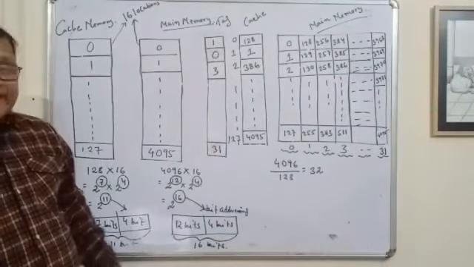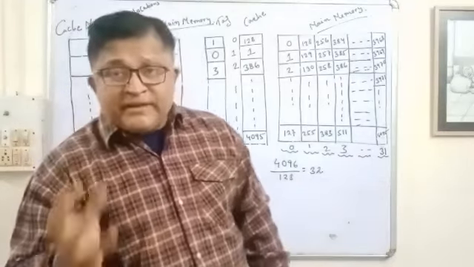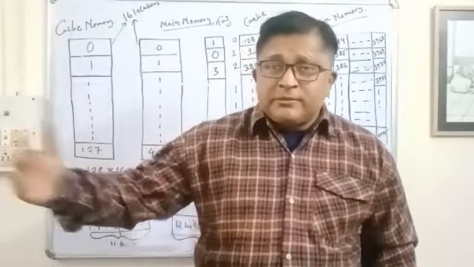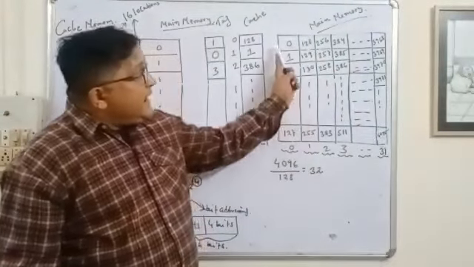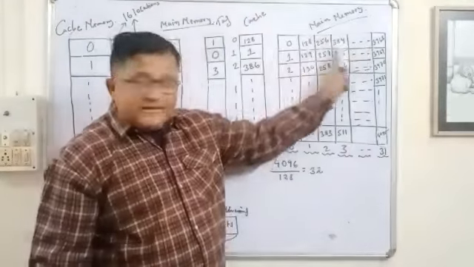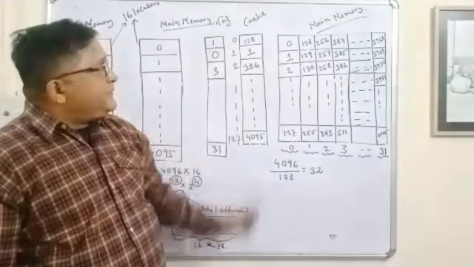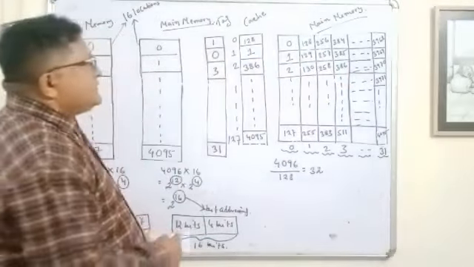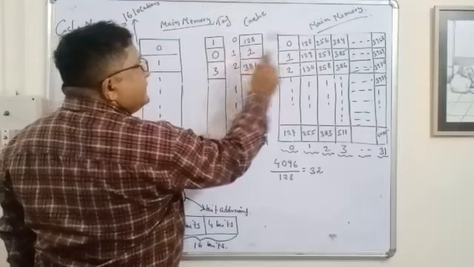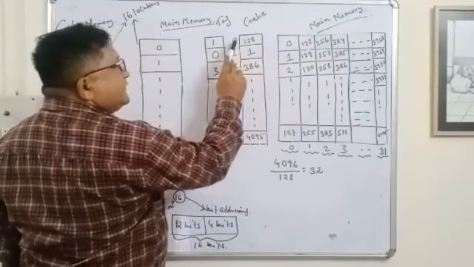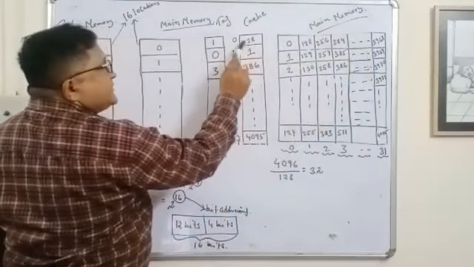So in this way, we can say in direct mapping, by seeing the page number, we can say to which frame of the cache memory it is going to be loaded. And very importantly, it is worth noting that any page in a certain row can be loaded into the corresponding frame of the cache memory, but one page at a time. Suppose 128 can be loaded in the cache memory 0th frame, 256 can be loaded in the 0th frame, 384 also can be loaded in the 0th frame, 3968 page can be loaded in the 0th frame.